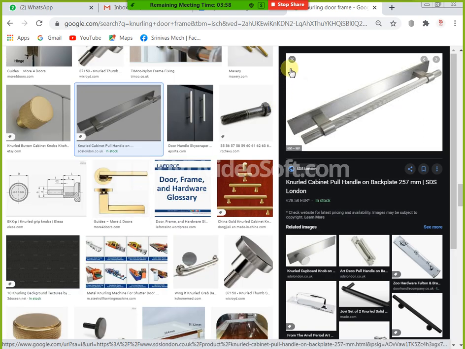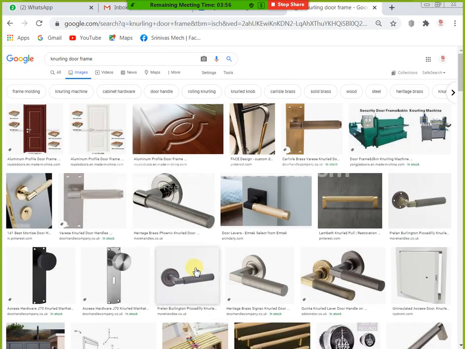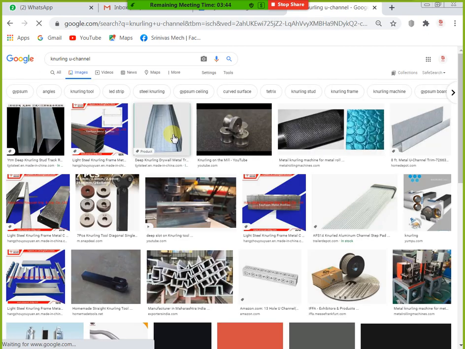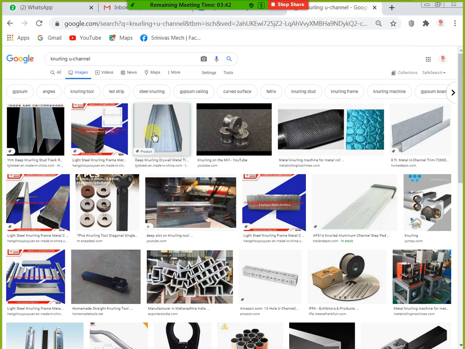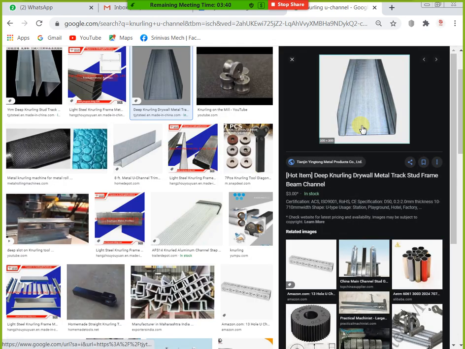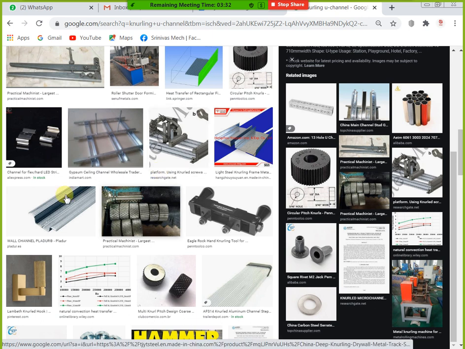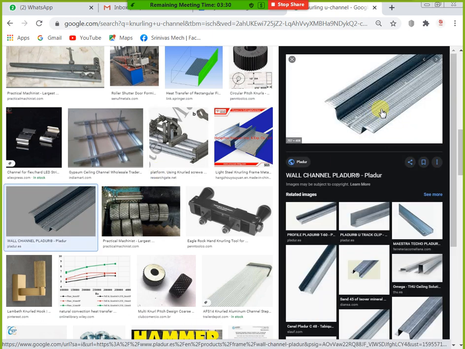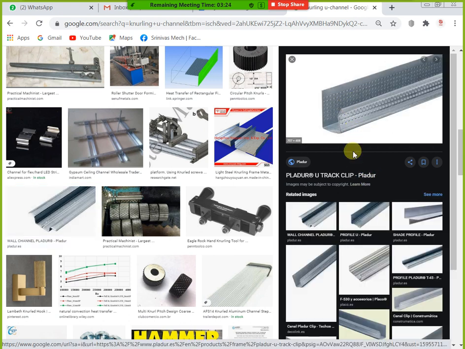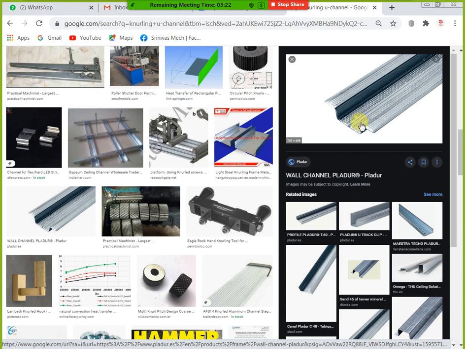In these frames you will get knurling like a stamping type. This type of condition you can use knurling. This is slotting, this is knurling. You can see this type in knurling also. These are knurling rollers. This knurling we need to do with another operation, not on the lathe.